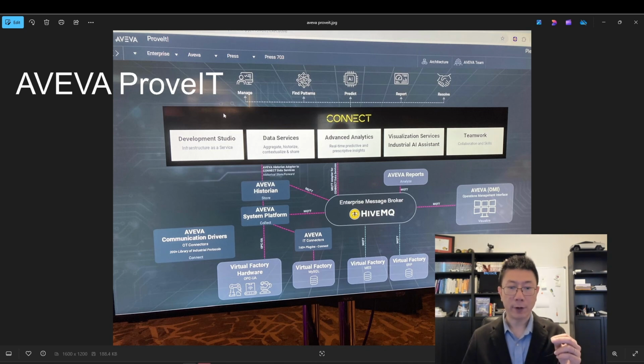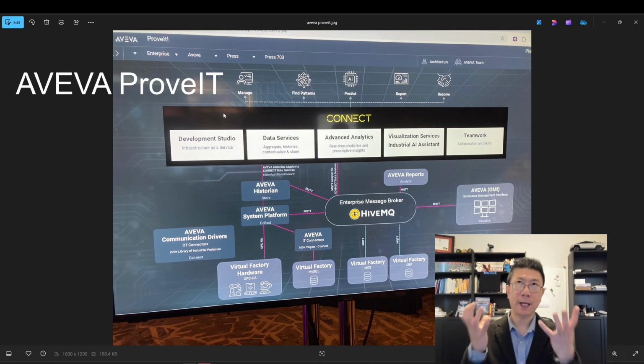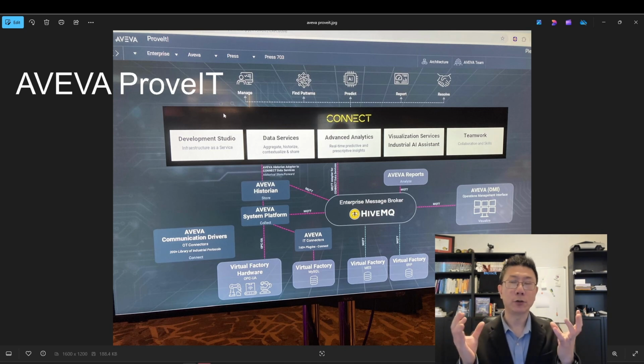MES, Manufacturing Execution System, as well as ERP, Enterprise Resource Planning, right? And all of that data is going to be unified into this HiveMQ. They call it the Enterprise Message Broker, which is an MQTT broker.